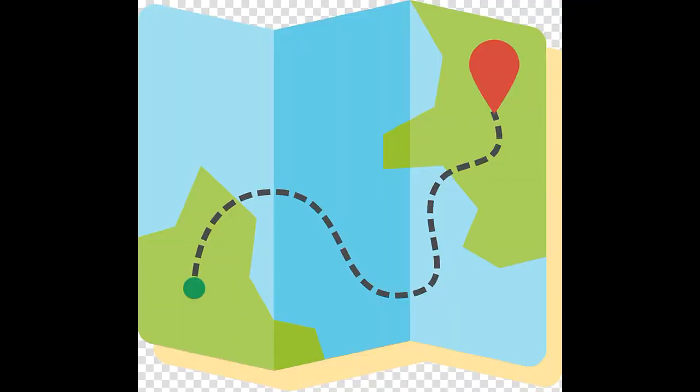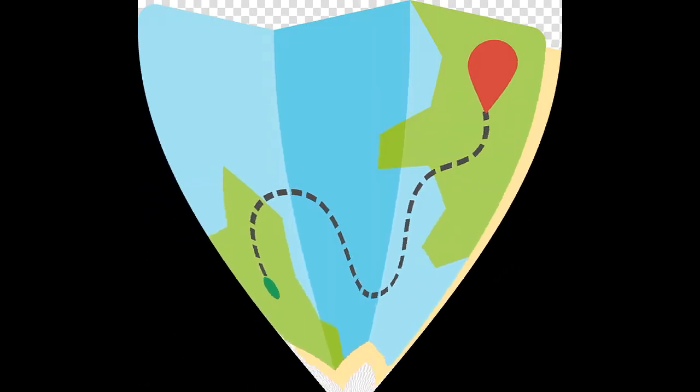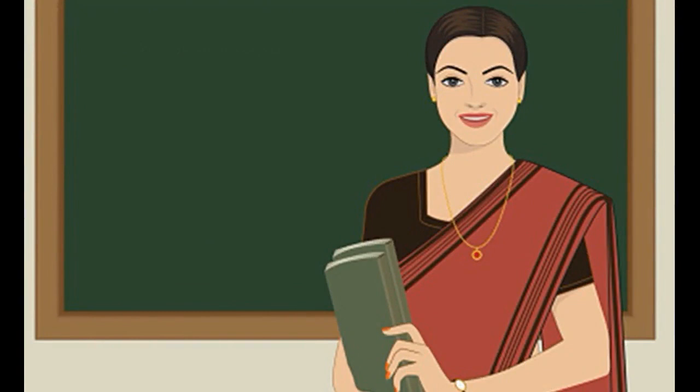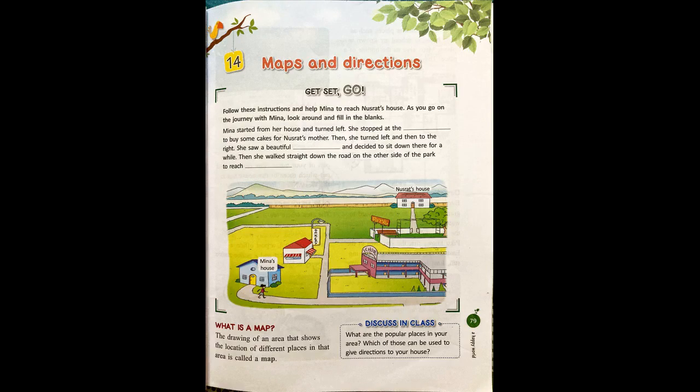Maps and directions help us in finding places in and around our neighborhood. So Slaters, from the coming sessions, we will be learning about different maps and directions to find our way. Slaters, I would like you all to read the lesson once and be ready with your